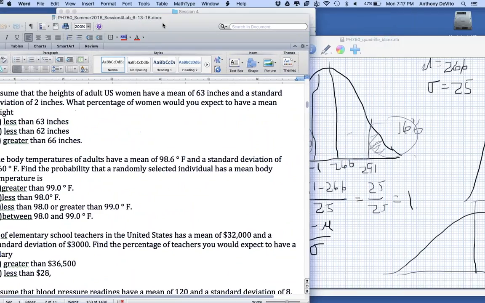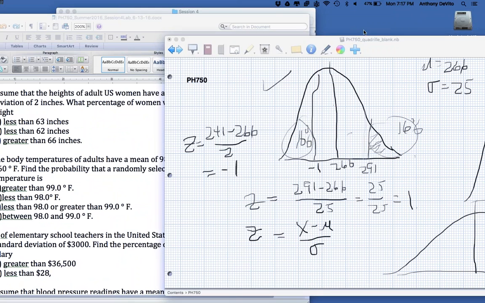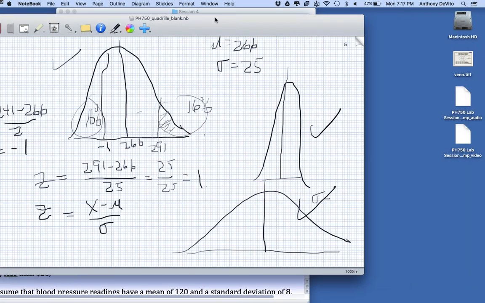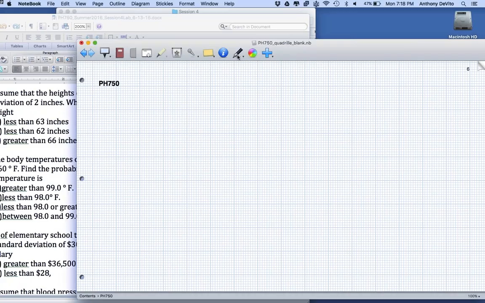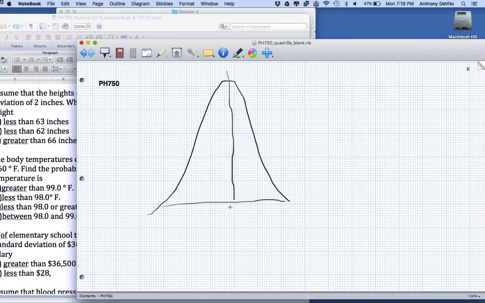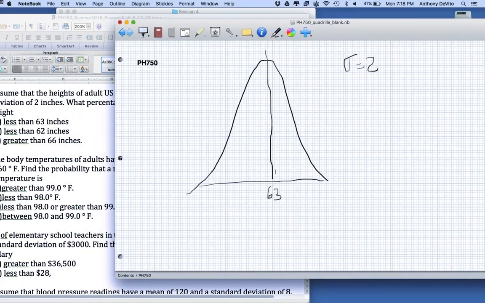Oh, I'm going to have to draw this to understand what's going on here. Okay, let me go ahead and do this. I'm going to draw this normal distribution, and I said the average height was 63 inches, except this time the standard deviation is equal to 2. Question was, what percentage is less than 63 inches? Easy enough, it was just 50% because that's the mean. Less than 62 inches. What percentage of women are less than 62 inches tall in this population